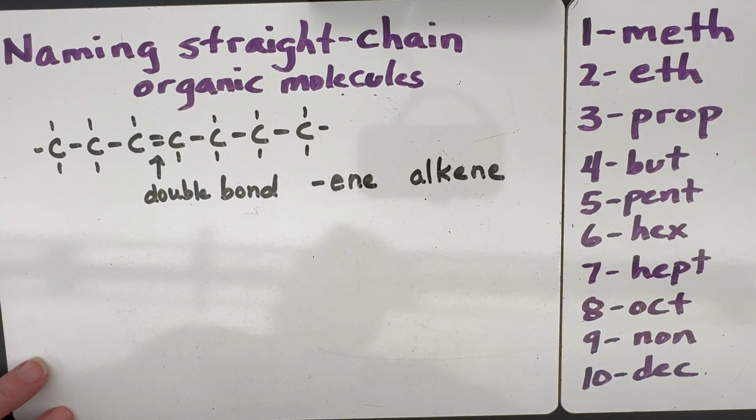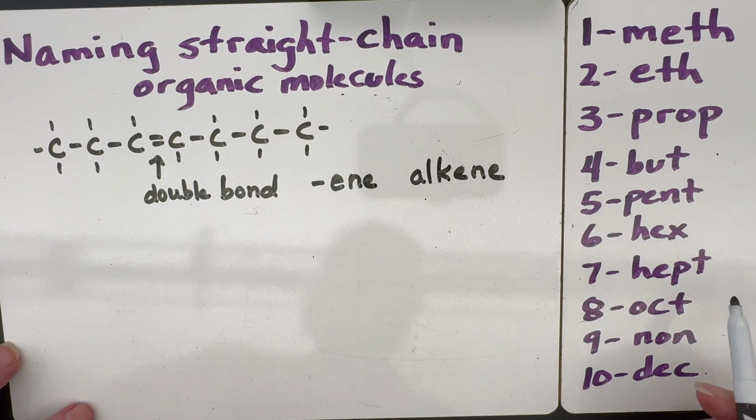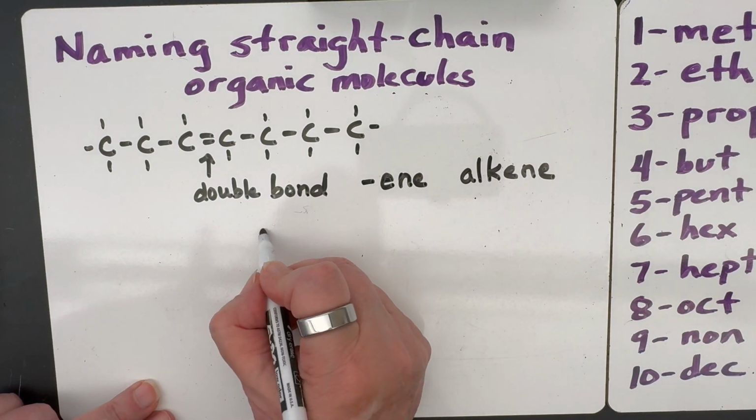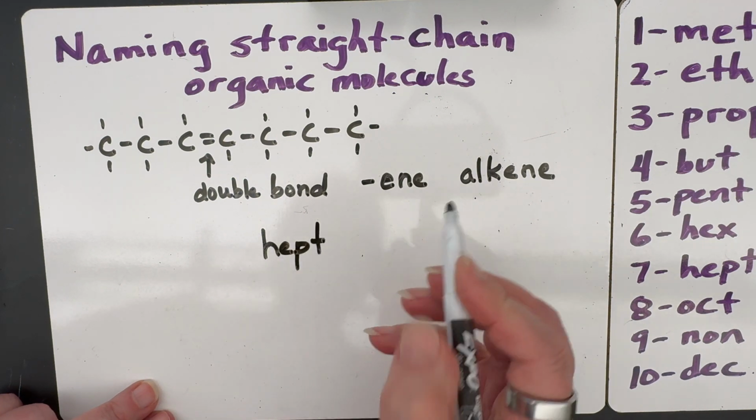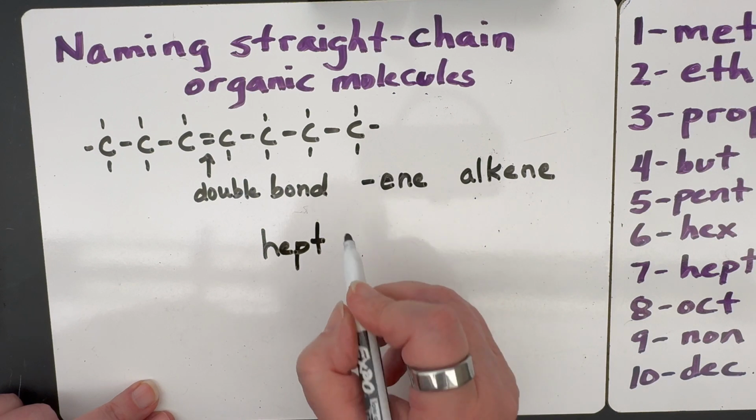A lot of my students want to put sept because they're taking a foreign language, and maybe in Latin or something, 7 starts with an S. Notice none of them start with S's. So just take the S's right out of your vocabulary for this, and it's hept, H-E-P-T. It's going to be hept because it has 7 carbons. We have a double bond, so we want the ending